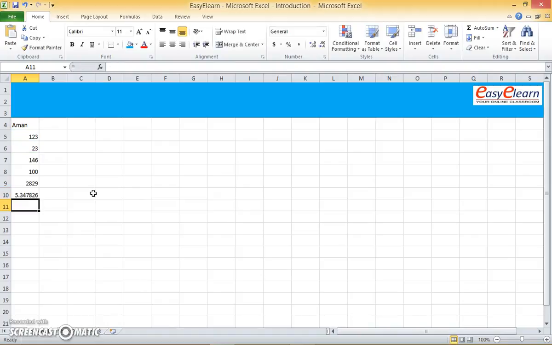So you may wonder, I could do this very easily with the help of a calculator. Why is it so difficult in Excel? I agree with you. You could do this easily with a calculator, but what a calculator couldn't do is, if you change this number to something else, so I'm changing the 123 to 1000. See how Excel works.